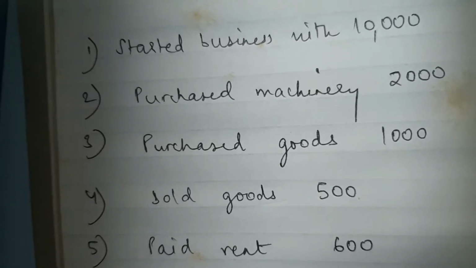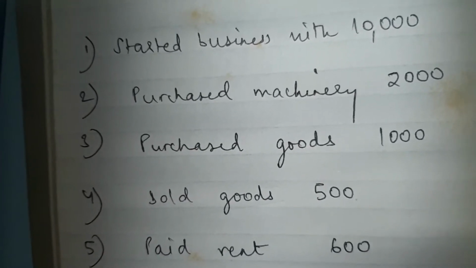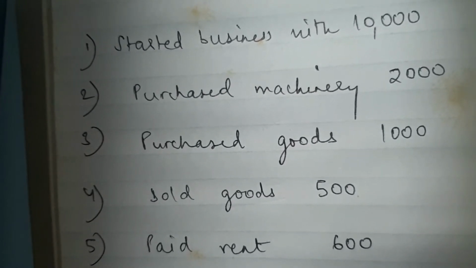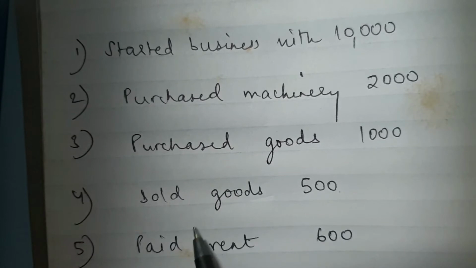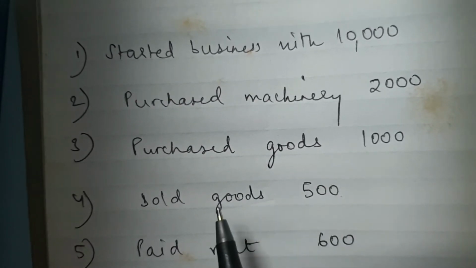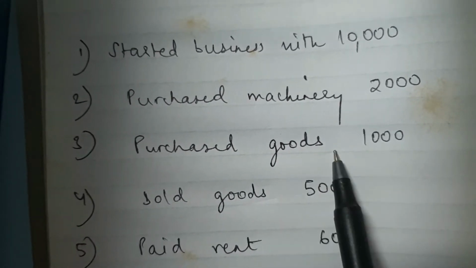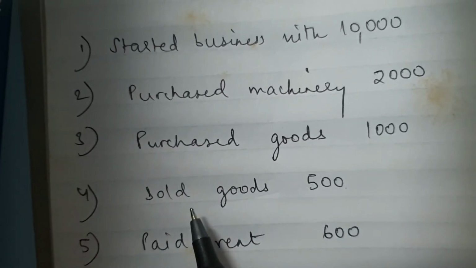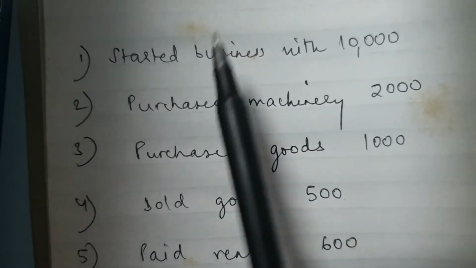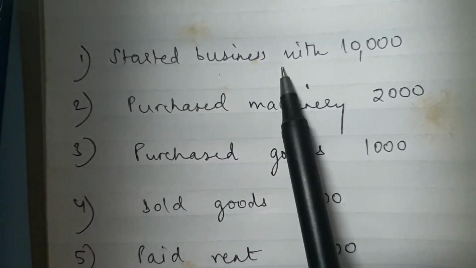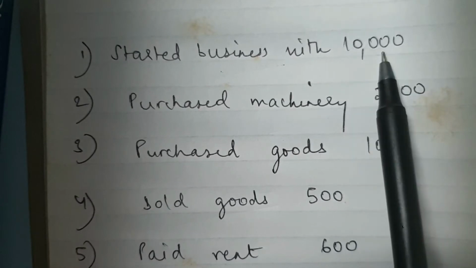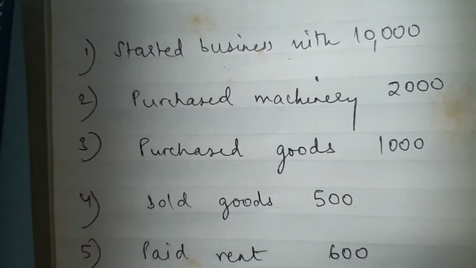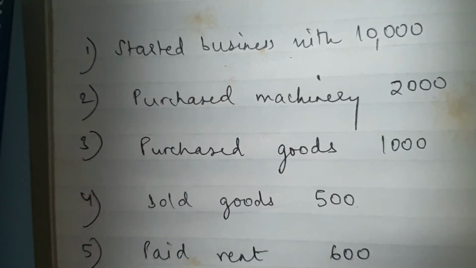So the first thing that I would like to discuss is that in accountancy, we don't have any account called goods or stock. The accounts are called purchases, sales, purchase return or sales return. We don't have anything called a goods account or a stock account. So it will be in the nature of purchases, sales, purchase return or sales return. The other term that you need to understand is capital. When you start a business with a certain amount, that will be known as the owner's capital, or in other words, capital. This is the amount invested by the owner in the business.